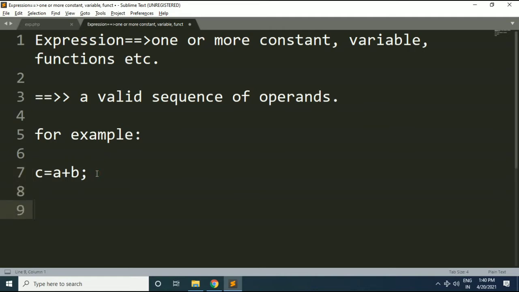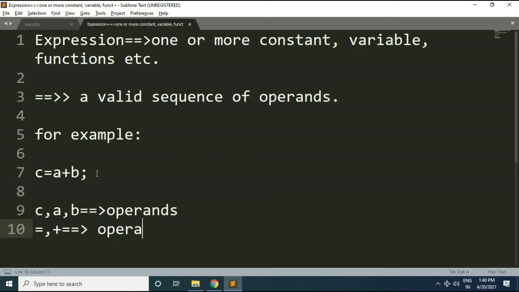Okay, for example, we have C, A, B. All these are operands, okay, which store data and on which our operation will get performed. Then we have operators: assignment operator and plus operator. So this assignment operator and plus operator will operate on above operands C, A, B.